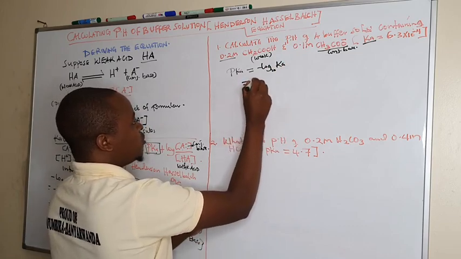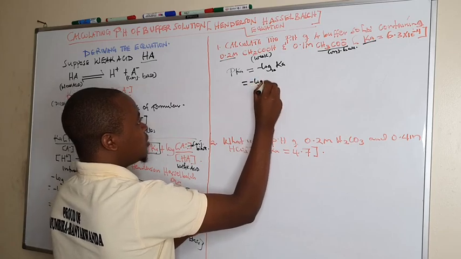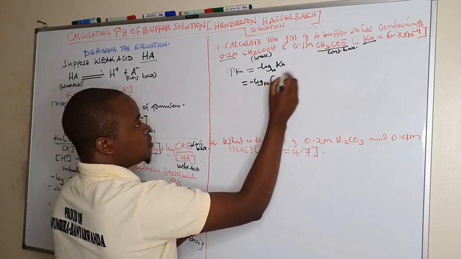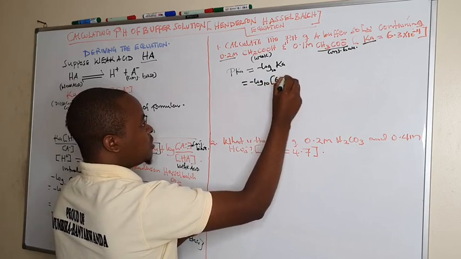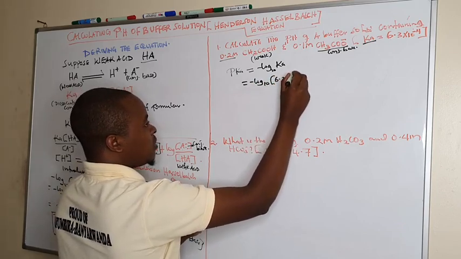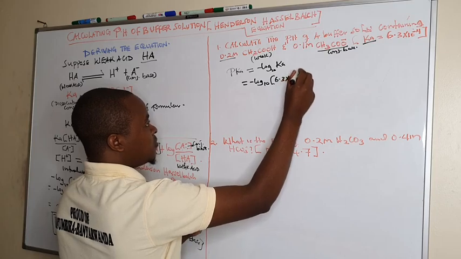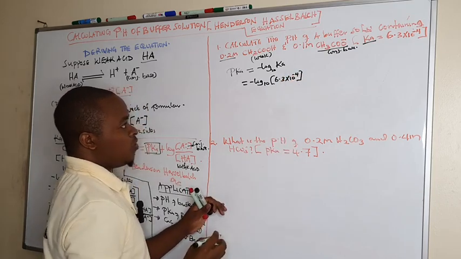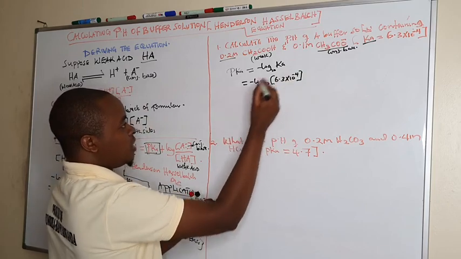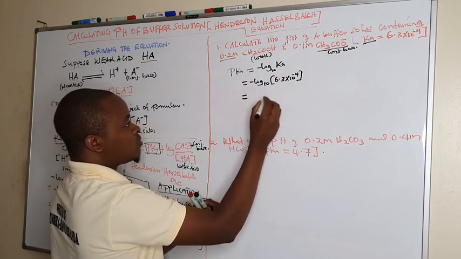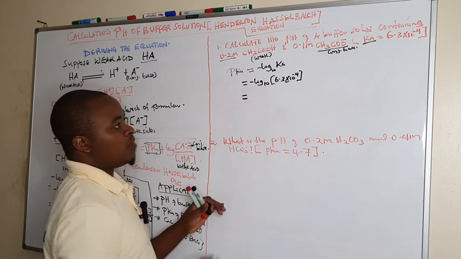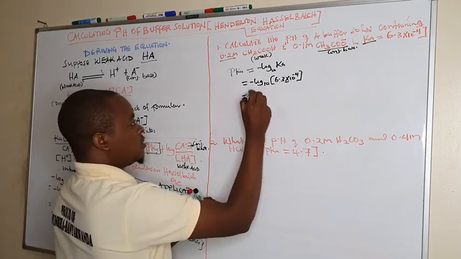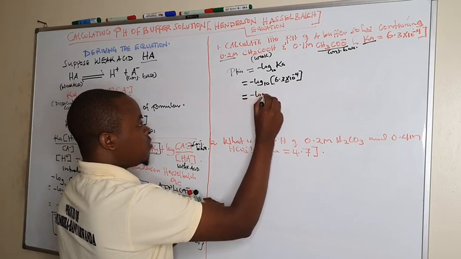Therefore, pKa is going to be negative log base 10 of the given 6.3 times 10 to the power negative 4. According to the rules of logarithms, you can put it on the calculator directly, or when you're multiplying and the base is the same, you add. So we're going to get negative log base 10,